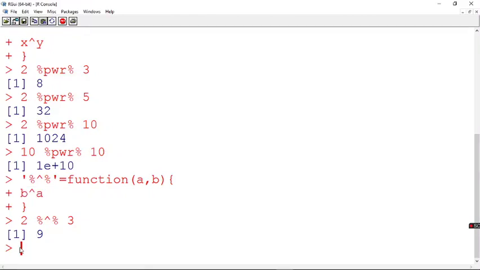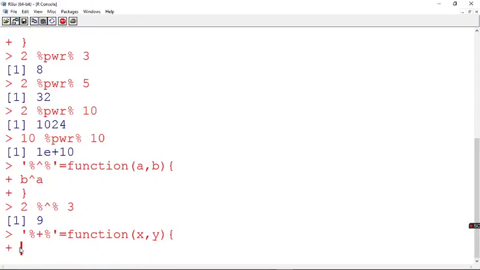This need not be for mathematical functions alone. You can perform your own functions apart from mathematical ones. For example, if I want to create one infix operator which is plus, and I want to concatenate a few strings, I say x comma y are going to be my two strings, and I have to concatenate them.